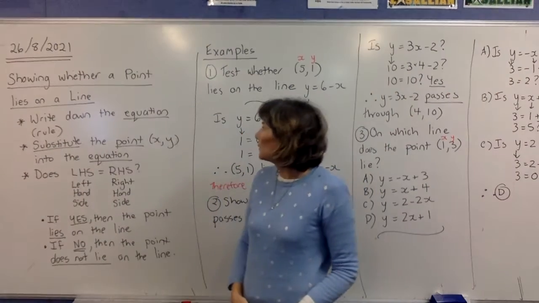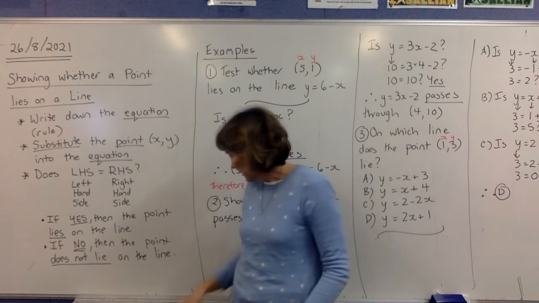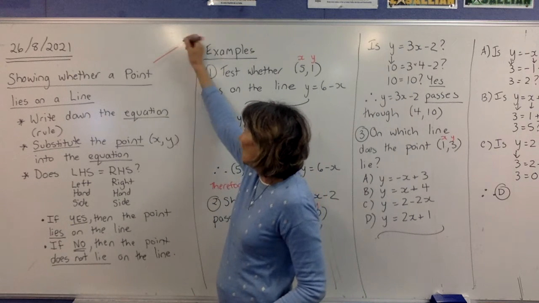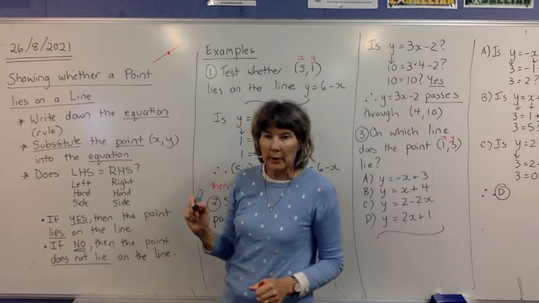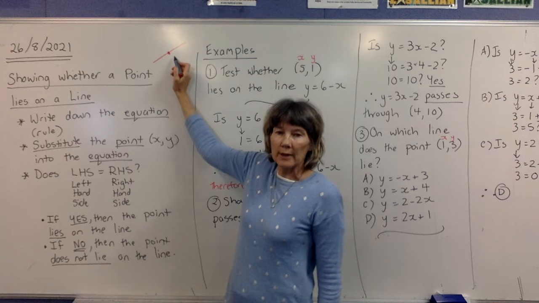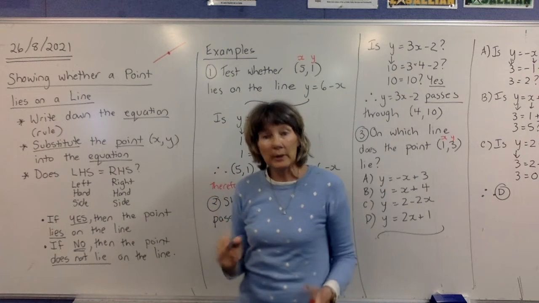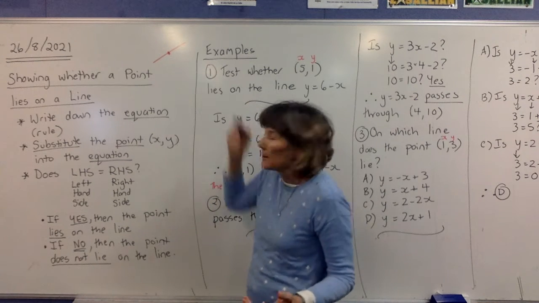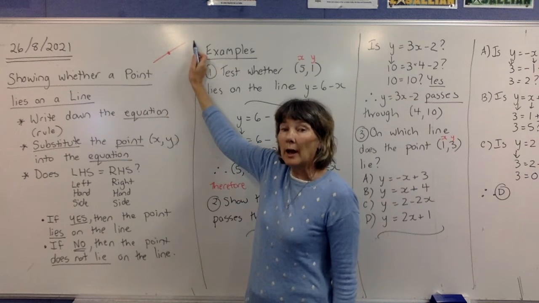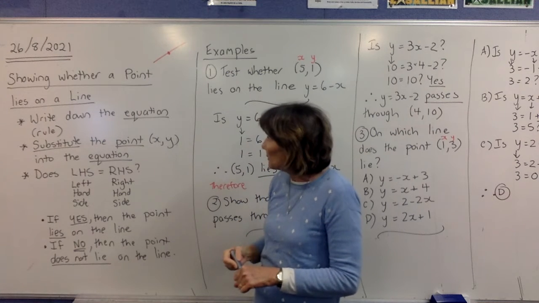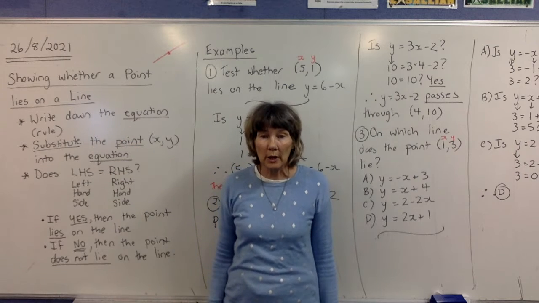Continuing on from last lesson, we're showing whether a point lies on a line. When we're doing this, we have a line and we are showing that there's a point that might lie on it. They might rephrase the question and say, show that the line passes through that point. Even though the wording is a bit different, it means the same as what we're looking at there: that the point lies on the line or that the line passes through the point. It's the same situation. So the first thing we do is we write down the equation of the line